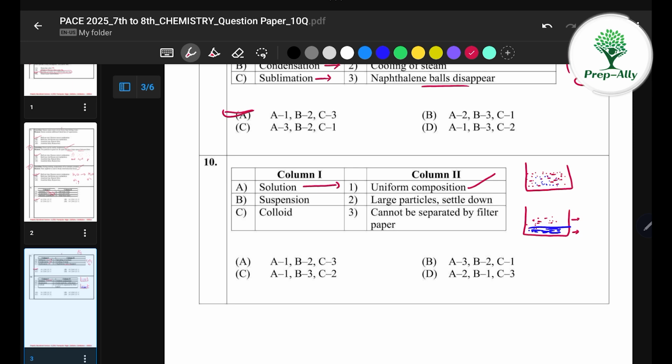Then we can check suspension. This is an example of a suspension, sand and water. If you leave them undisturbed, then all the large sand particles will settle down. That is called a suspension. And finally, colloid cannot be separated by filter paper. Yes, because colloidal particles are very small. So this is the correct one. So again, the correct option is